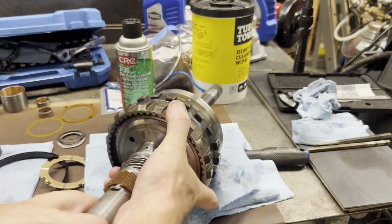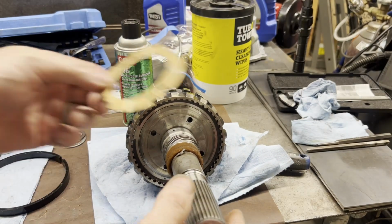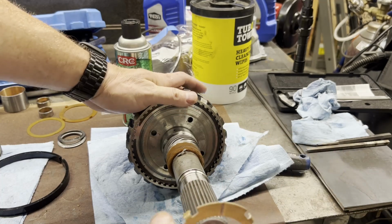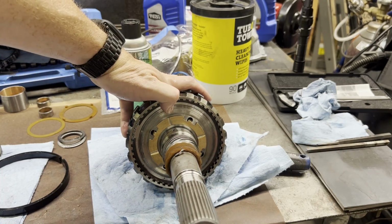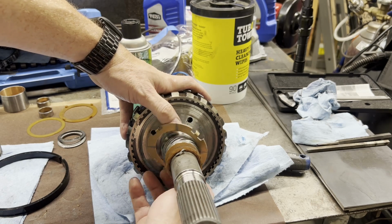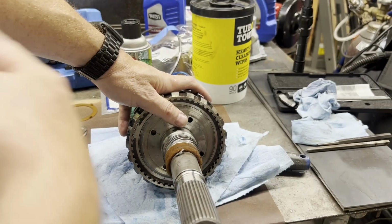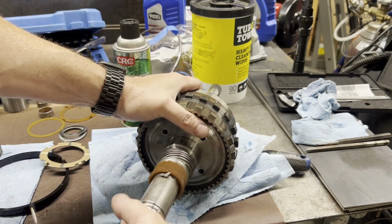Now, if you were not running the Sonnax bearing kit, now would be the time to stick on your bronze back washer. It would go in those 4 holes just like that. But since we're using the Sonnax bearing, we're not going to be using this. So let me move this over here where we can stand it up, and we'll finish getting it put together